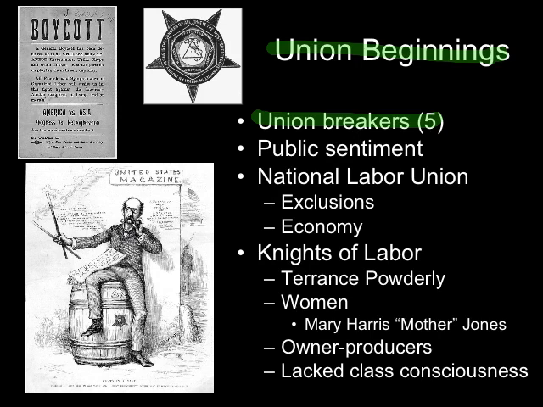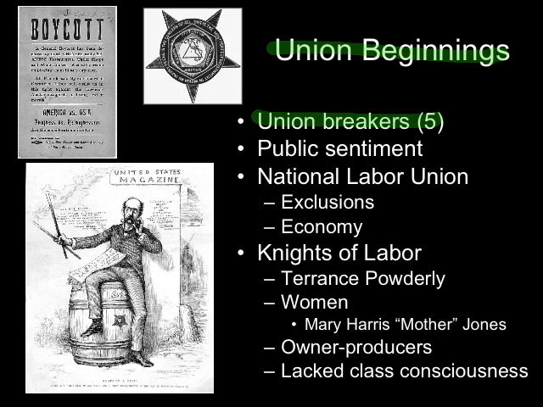Number 3, a yellow dog contract. A yellow dog contract. Okay? And this was when you got a job, you signed a contract with a factory, and part of that contract said that you would agree to never join a union. You agree to never join the union. It's called a yellow dog contract. Like a yellow means cowardly, and a dog who's done something bad sticks his tail between his legs and crawls away. You're going to have to do the same thing. If you want a job, you're going to have to come crawling, begging for one, willing to give up your right to join a union.